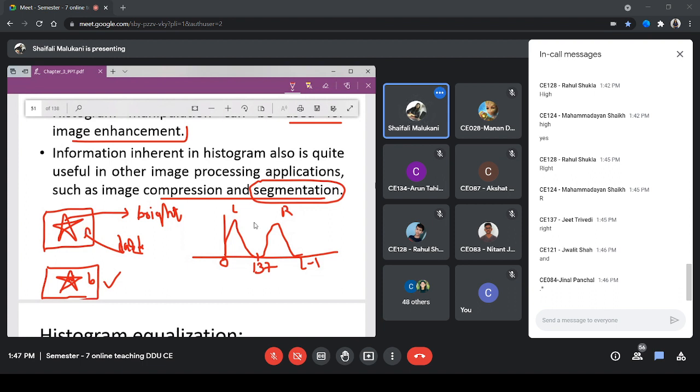This is the histogram. Which operation will you perform? Are you clear with the question? The answer is not difficult, I know, but are you clear with this question? Yes, thresholding at 137, that is absolutely correct. So you are going to threshold at 137, because I know 137 is going to separate out my foreground and background.